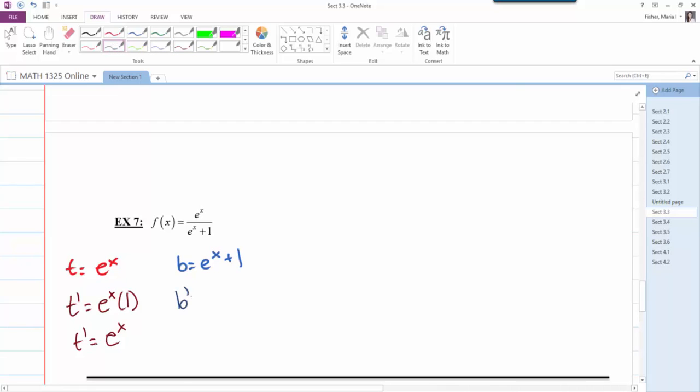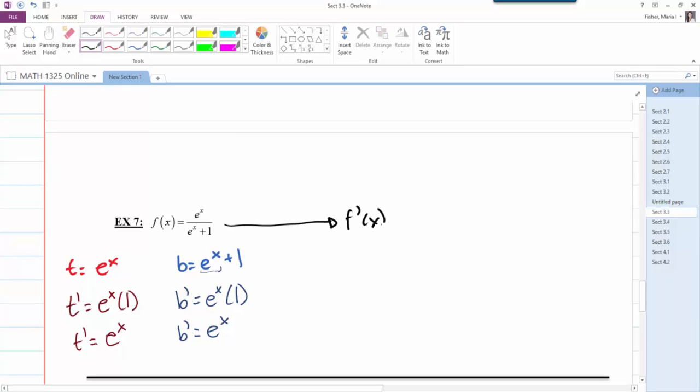The derivative of e to the x plus 1, well, the derivative of e to the x is e to the x times the derivative of x, which is 1. The derivative of 1 is 0. You don't need to write that. And e to the x times 1 is just equal to e to the x. So the derivative is going to equal